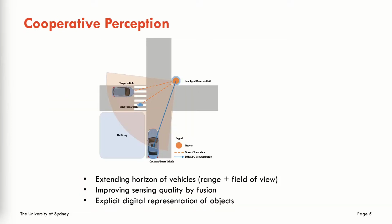This is a situation where the CP, which stands for Cooperative Perception, can help. This picture shows a simple setup of CP where an intelligent roadside unit is deployed at this intersection to sense and monitor the intersection. There's a connected vehicle here about to turn left. With the V2X objects received from the roadside unit, the CV becomes aware of what's going on behind the building